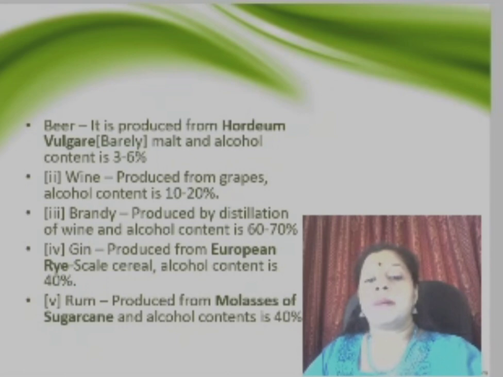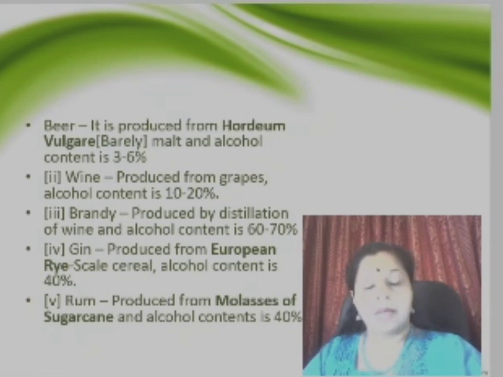Beer is produced from barley malt and the alcohol content is 3 to 6%. So malting is a process where first we allow the barley to germinate. The germinated seeds will be allowed to dry using hot air. Then after fermenting that we get the beverage, that is 3 to 6% is only the alcoholic content, whereas wine